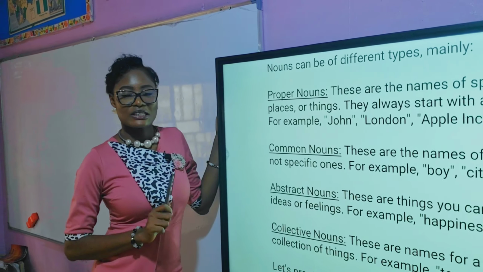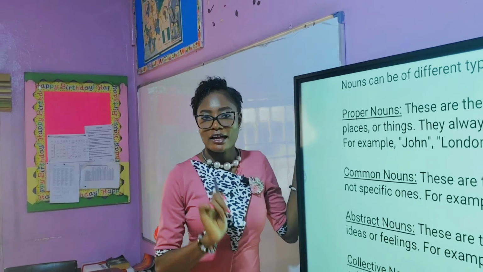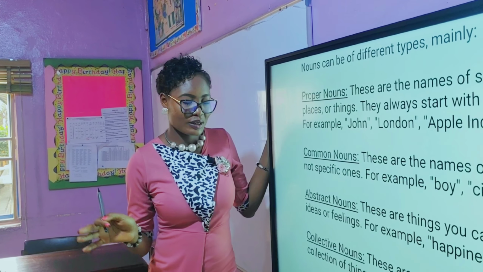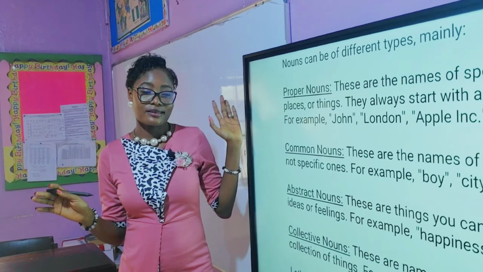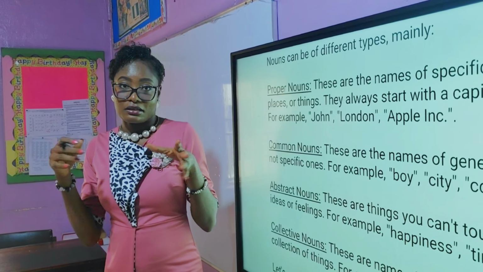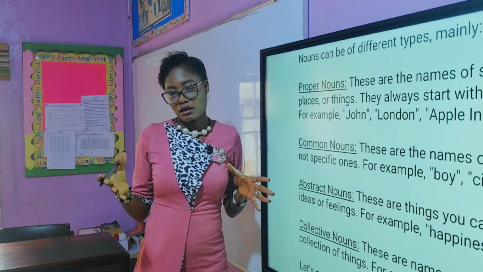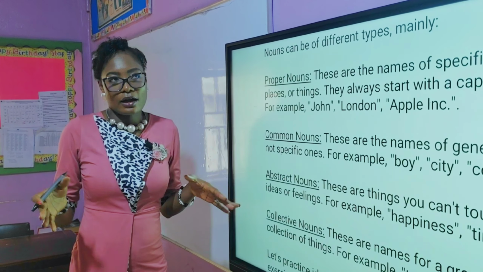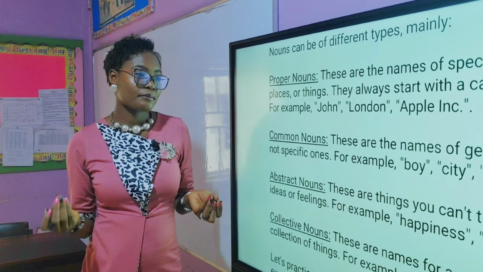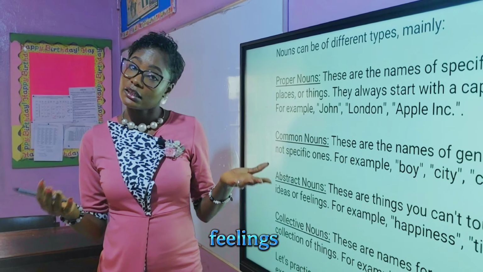I'm really very particular about this group of nouns because it can be so confusing and tricky sometimes, but it's not something you should worry about, okay? Abstract nouns are things that you cannot touch. They're abstract. You probably can't even see them. You can't use your 5 senses on abstract nouns, but you feel them, you sense them, okay? So they're just ideas and feelings.